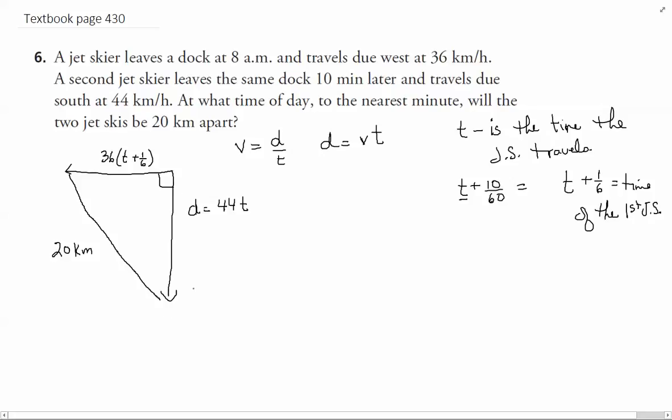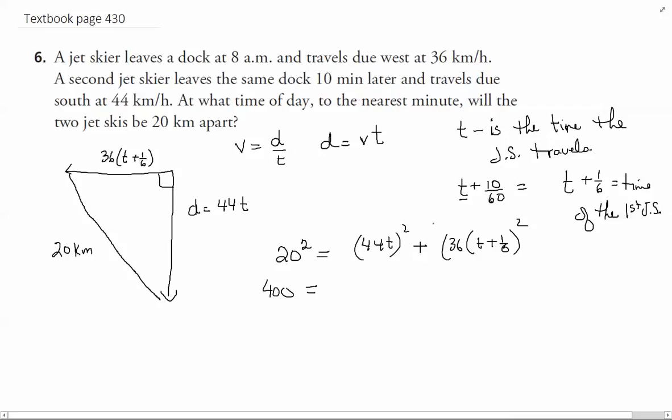We know that this is a right angle, so we can use the Pythagorean theorem, where the longest side, or the hypotenuse, 20 kilometers, when we square that, will equal one side, 44t all squared, plus the other side squared, 36 times t plus 1 out of 6, all squared. And let's simplify. That gives us 400